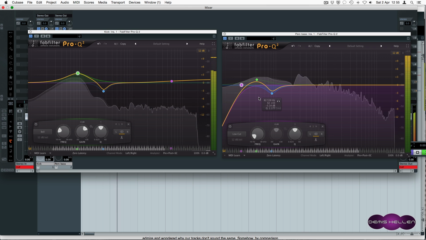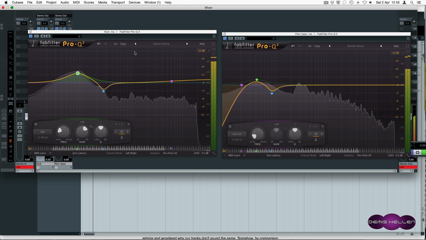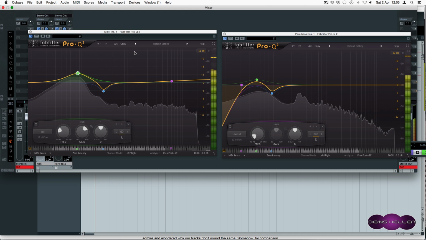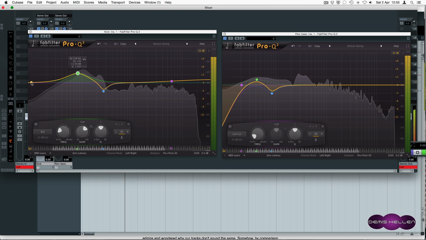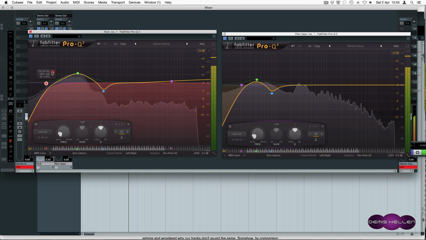We've created some breathing room, and now we can start adding some side chain in there. We can do all sorts to enhance the productivity, but that is the main thing you've got to do. You've really got to roll off those basses. You can do it on the kick, don't always do it. It's good practice. Just roll it off just before 20,000, just to get rid of any of that muddiness